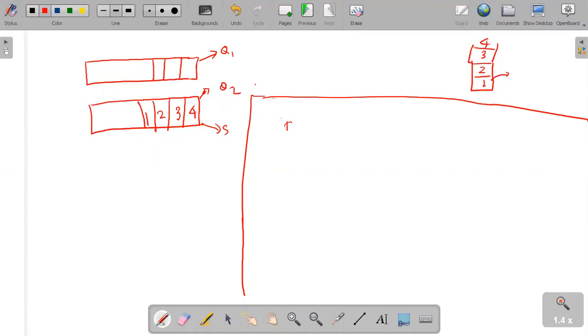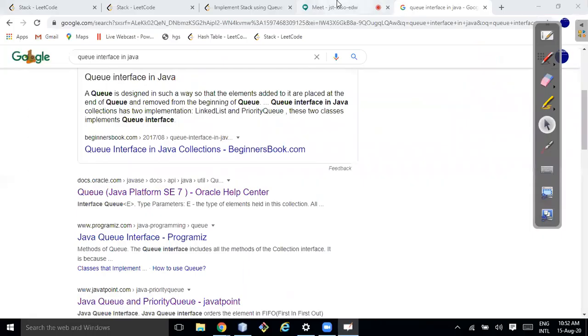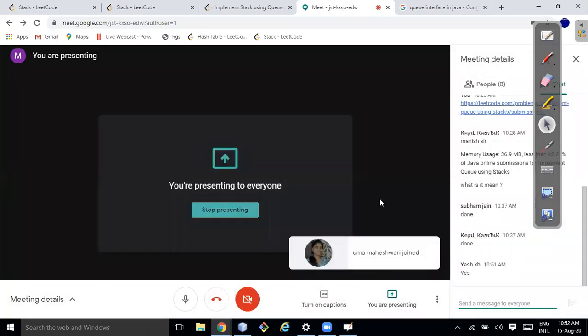Maybe X is coming, so I have to write that. This time I have three: Q1, Q2 and S. S will be either pointing to Q1 or Q2, but the objects are actually two, right? But we are using three variables, right?